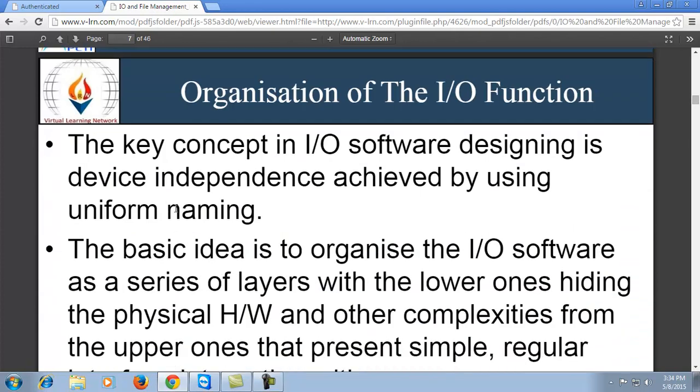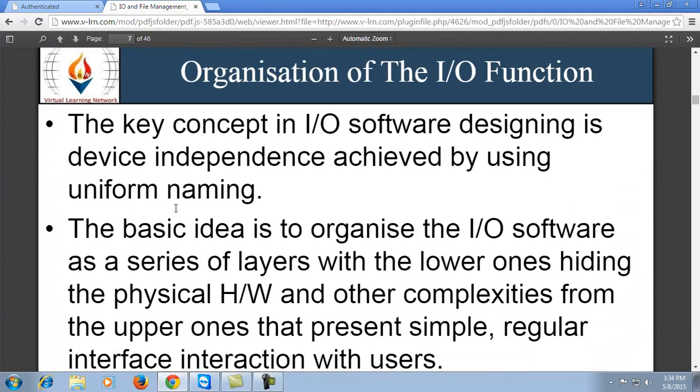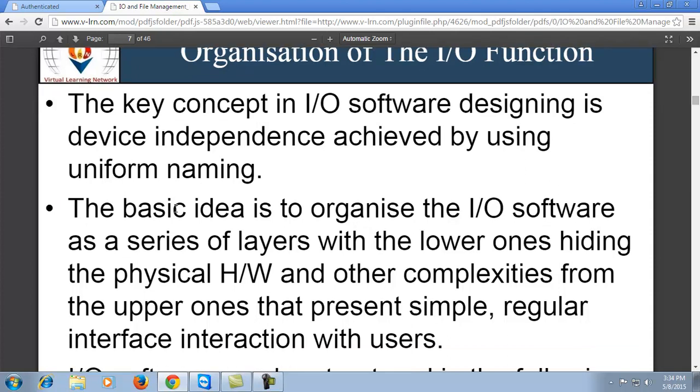Next is organization of the input-output function. The key concept in input-output software design is device independence, achieved by using uniform naming, in which we have to define names that are uniform and unique.